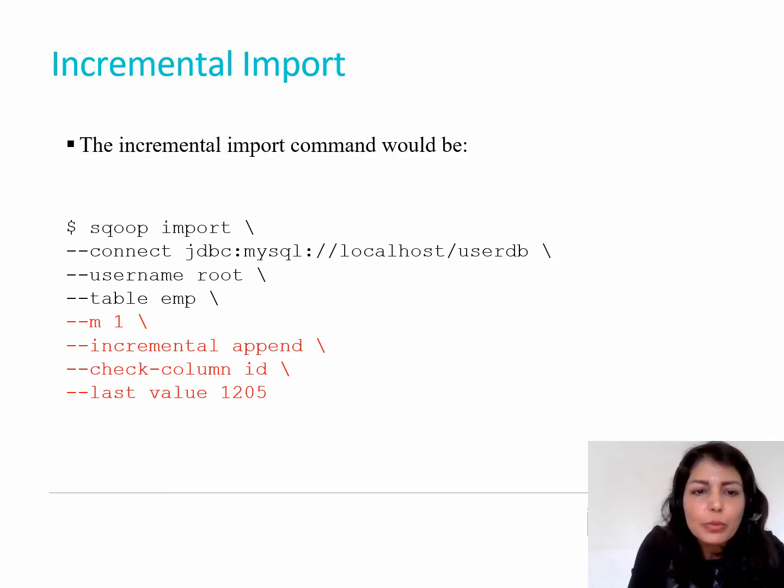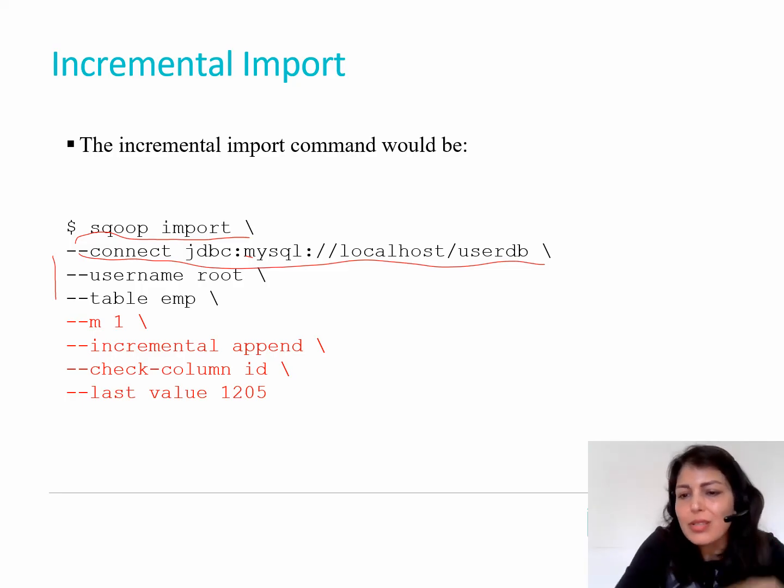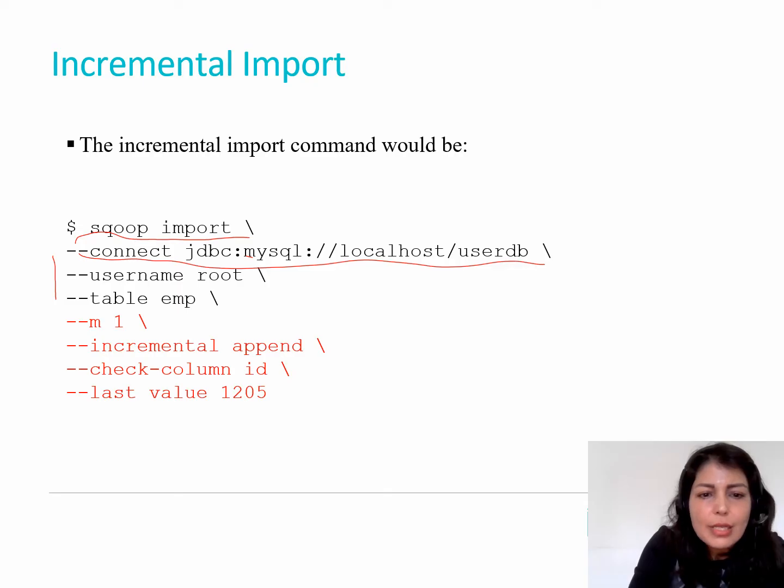We write sqoop import. This is the syntax for import. So of course, connect to the database, and login information. Okay, we want the number of tasks to be just one, because it's a small data that we want to import. You don't need to have more than one map task. So this is incremental append. Why do we use append? Because we have an existing file and we want to add it at the end of